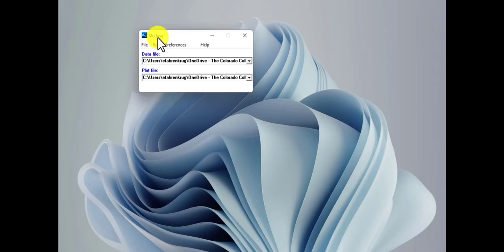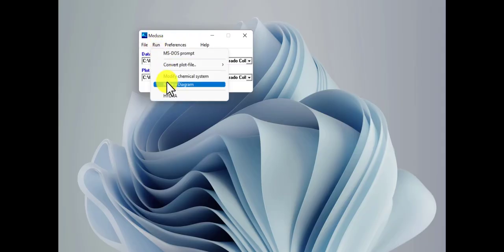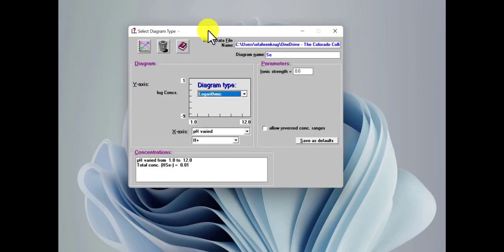It's called Medusa. So Hydra is essentially just a database of equilibrium constants. So when you select something from the periodic table, it just pulls up from a database all of the relevant equilibrium constants associated with that component. When you want to actually plot this as a graph, then we use Medusa. So once I'm in Medusa, the data file will automatically load, so you don't have to do anything. All you have to do is go to Run, and then make a diagram, and we'll be prompted with this